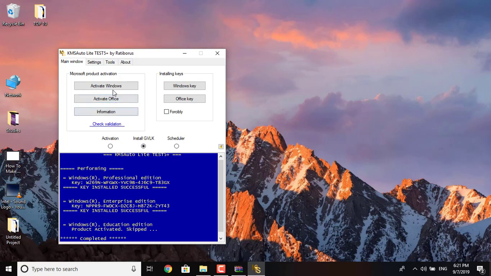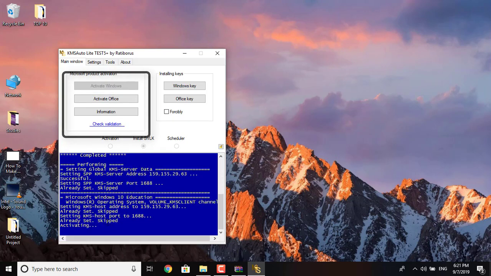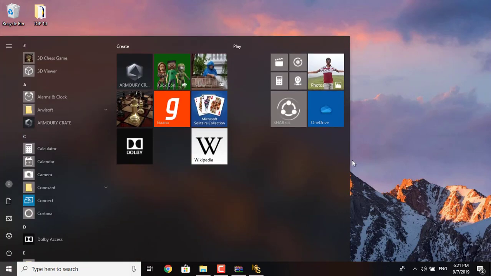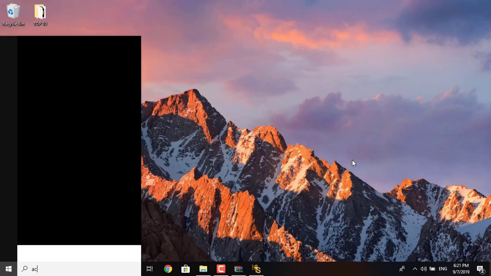You should go to this activate Windows. Here you can see it. Just click on that. Activating, give it some time. So I'm activating Windows 10 Education. Yeah, it's completed. So guys, our activation is successfully completed, and if you have any worries, you can check it out. Go to activation,